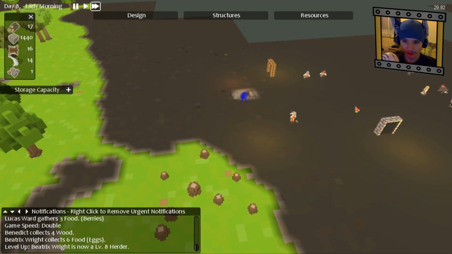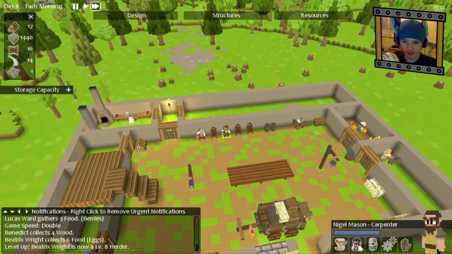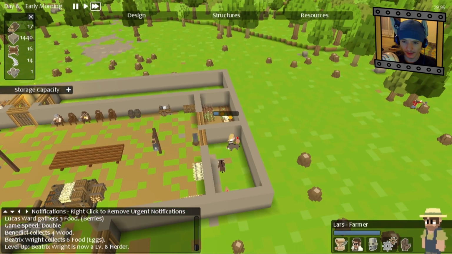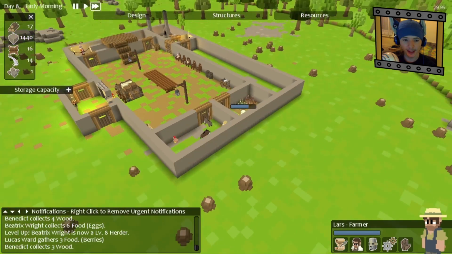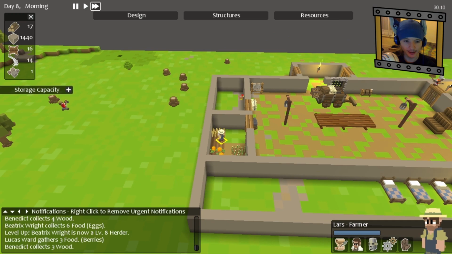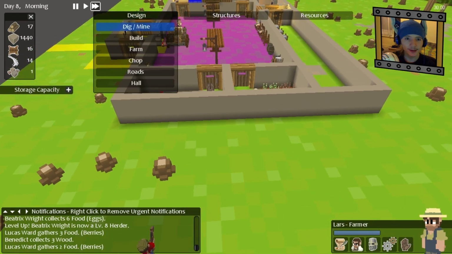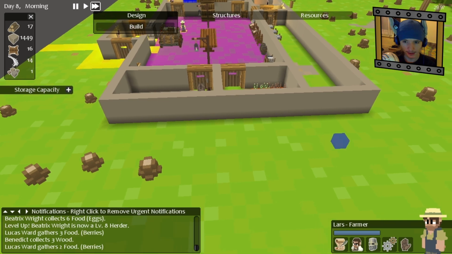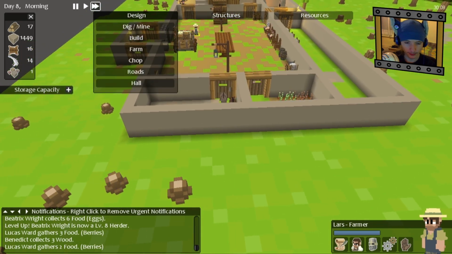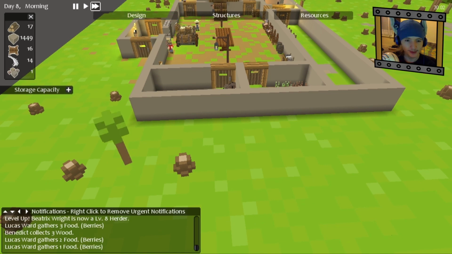Beidou's right is now a level 8 herder. That's good. And Lars, I think it said, was a level... Where is Lars? There's Lars. Okay, Lars is a level 9 farmer. The higher up he gets, the more likely it is that he'll collect more seeds, and the more likely it is that he will produce more food when he's farming. So that is good news for us. Let's get some more raw stone. Let's remove these stumps, because I want to...